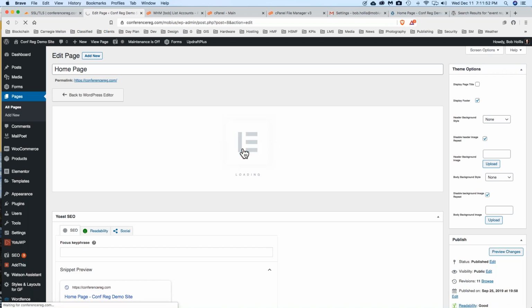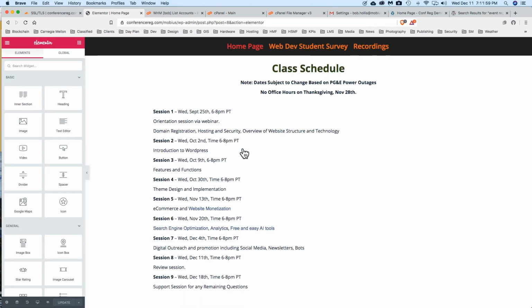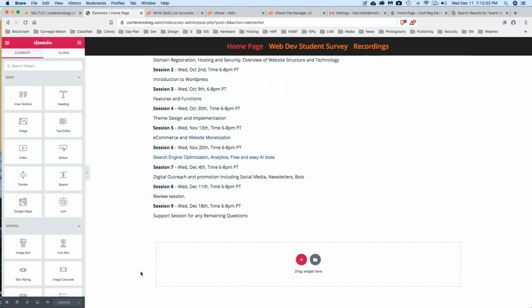there we go, it's loading. So the basics of Elementor are sections with columns in the section, and